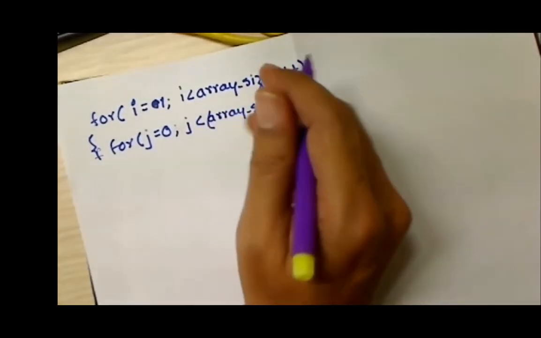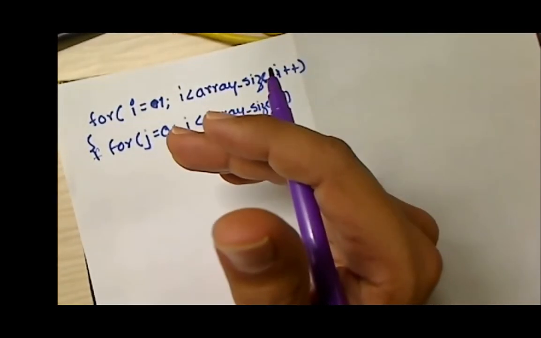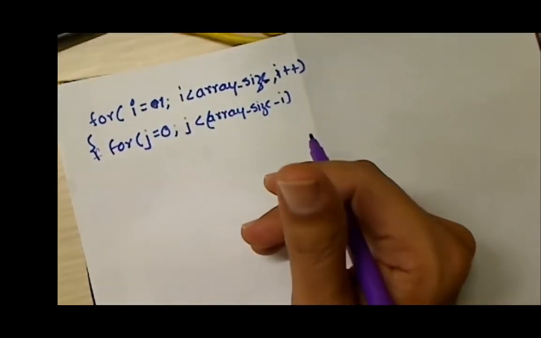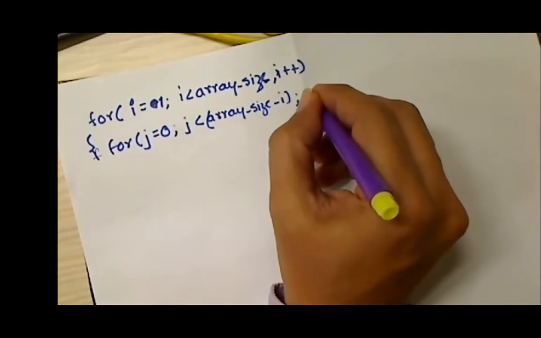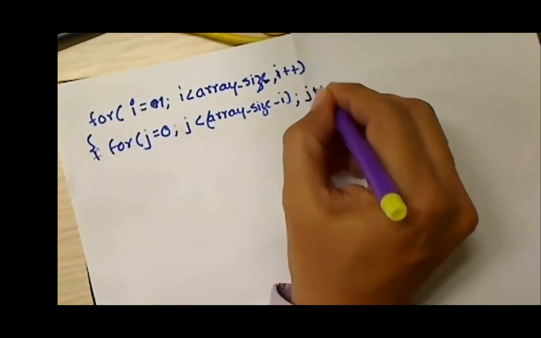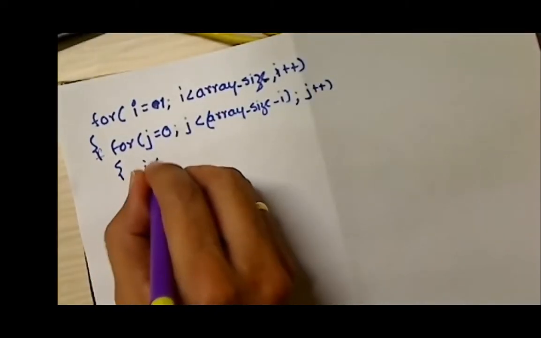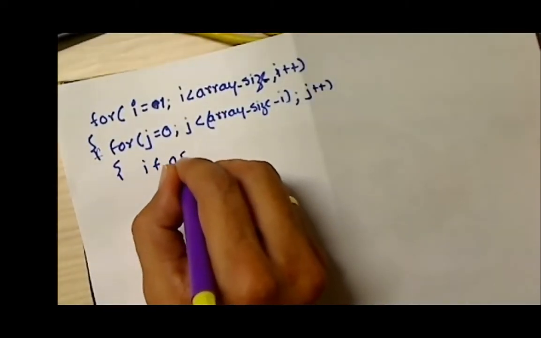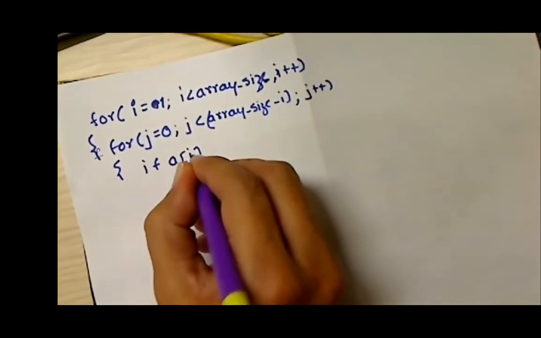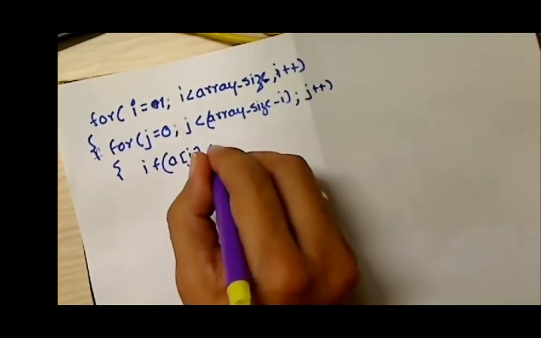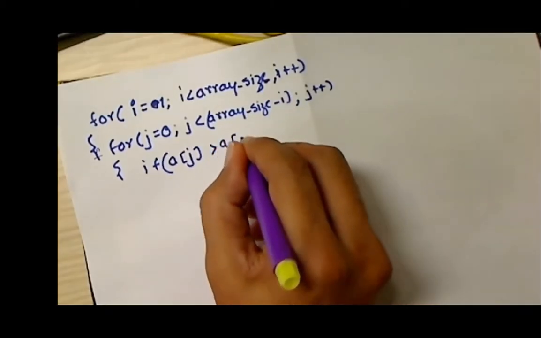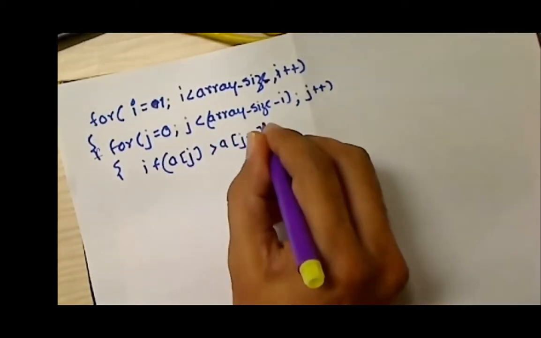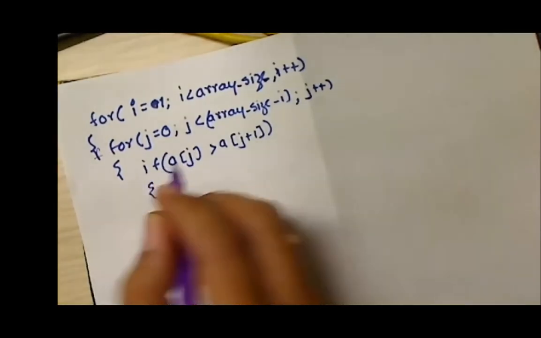You'll understand why this minus i. Yesterday we saw that as we go ahead comparing, the heaviest number goes to the bottom. So every time you do not want to compare the elements which are already sorted. So j less than size minus i minus 1, and then j plus plus. The code is actually very simple. We are going to swap. We check if a[j], the element at the jth position, is greater than the element at the subsequent position, a[j+1]. You will understand this with the help of an example. If that's the case, I'm going to swap the values.